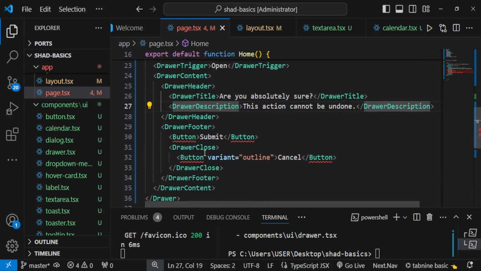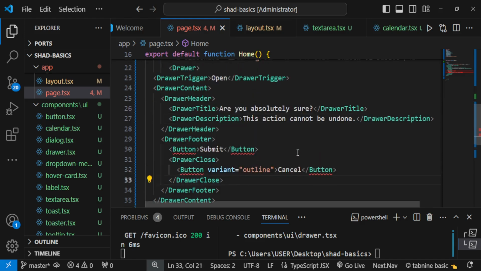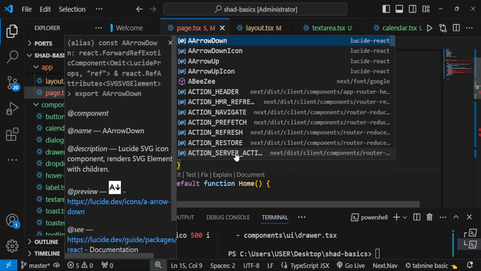Great. And I think we have some red line here. That means we need to import the button. Okay, I shouldn't have deleted it. Let us import it. You can just import button. We're importing button from @/